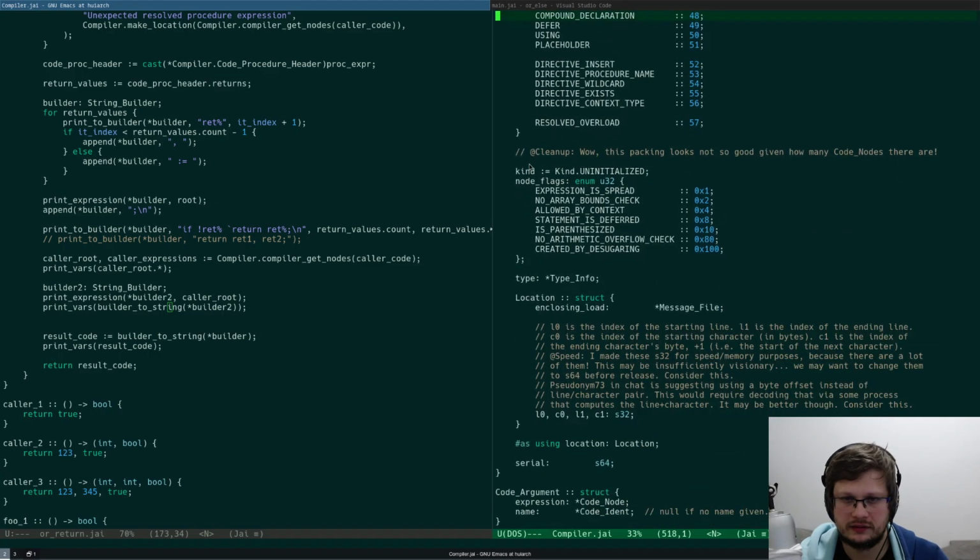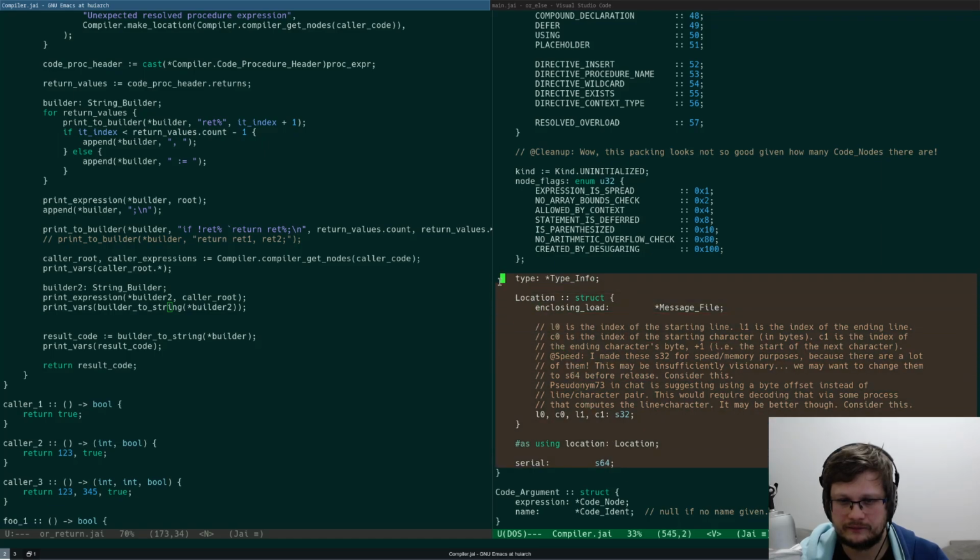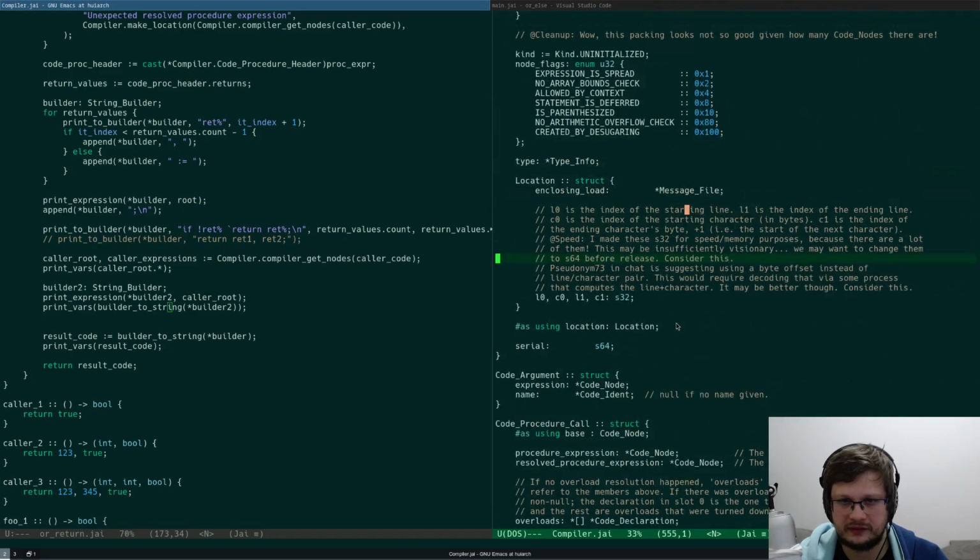Right. It has type info, location. It would be cool if location maybe had a parent code node or something.